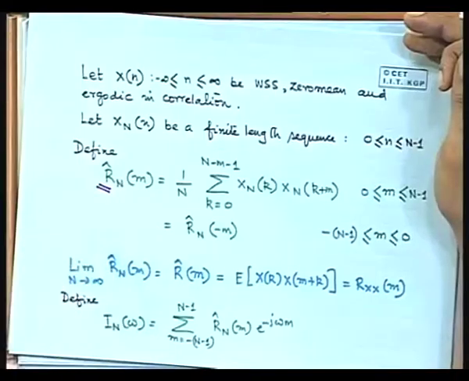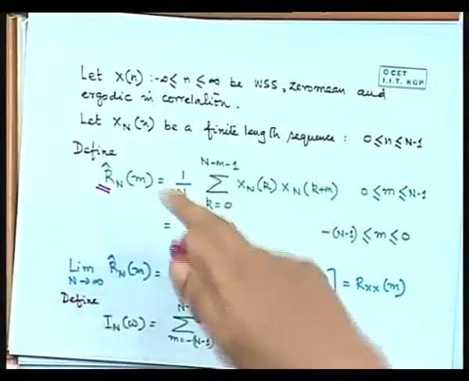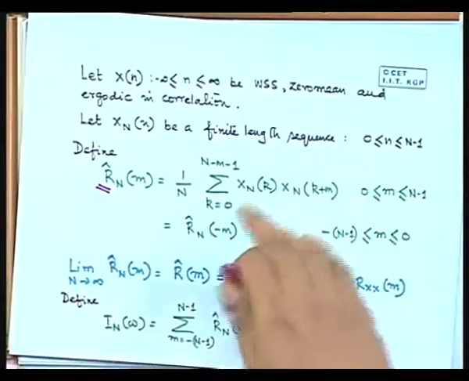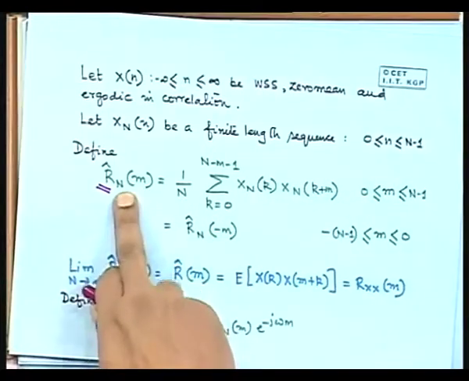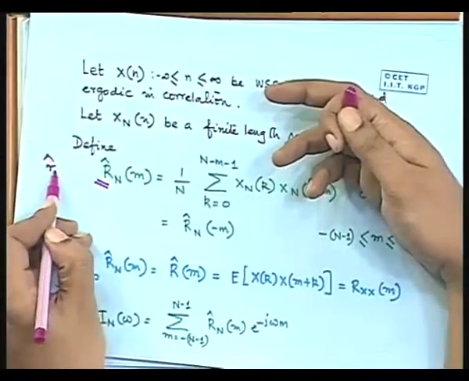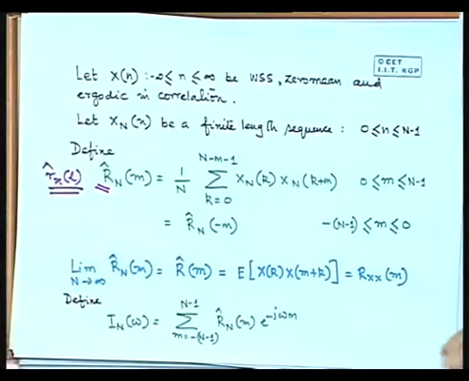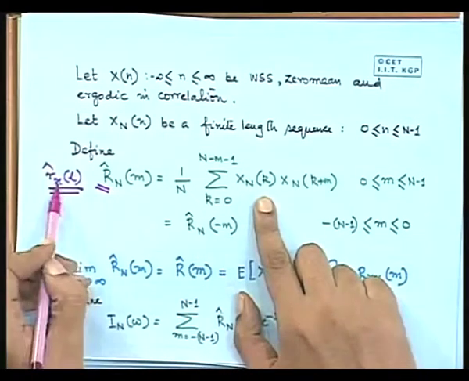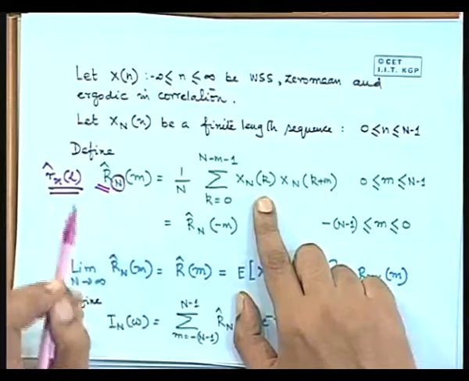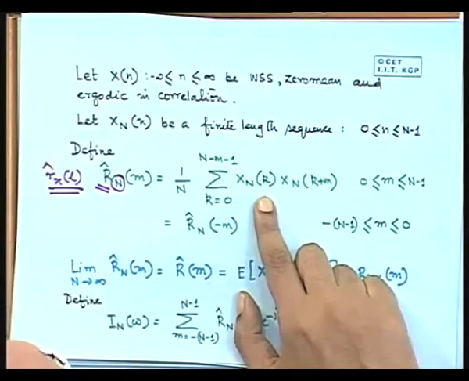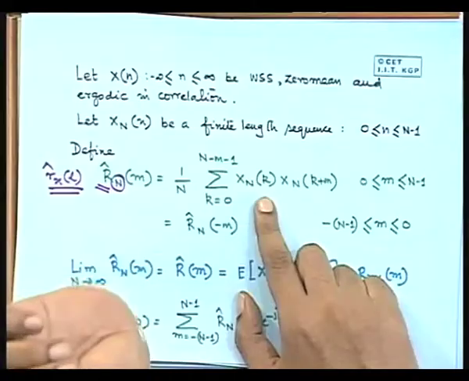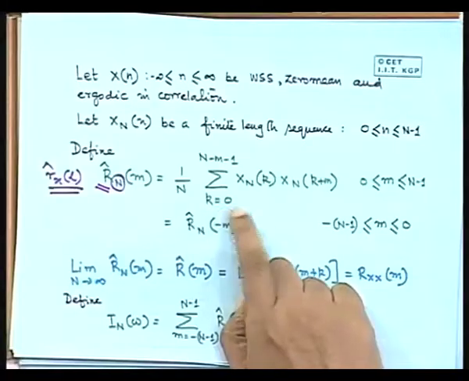So first we again define the same correlation function. I have used a different notation, because different parts are taken from different references, so sometimes the notation differs, but this is nothing but my same old Rx(l) that I had talked about. It is the same thing. Only thing is that I have not put the x index here, rather I have put an n index just to indicate that there are n points. It's a finite length sequence. So this is the formula